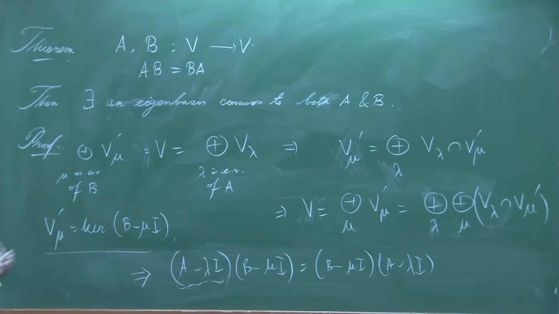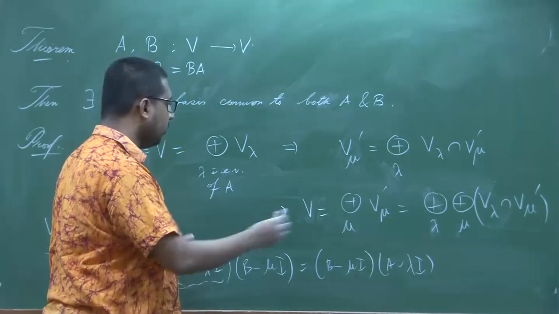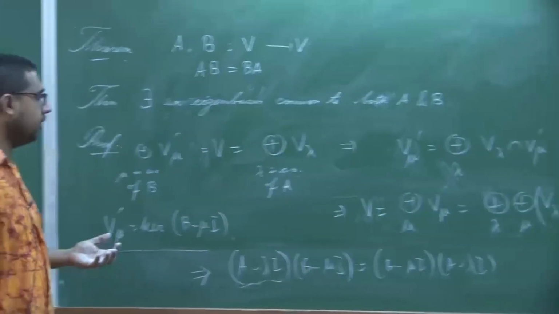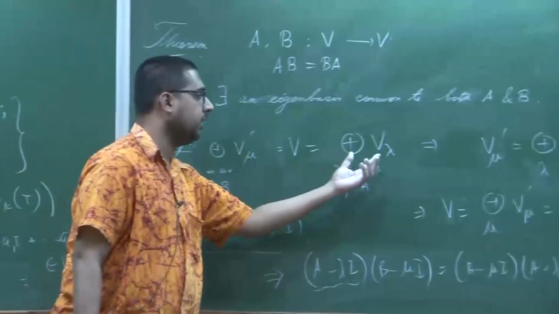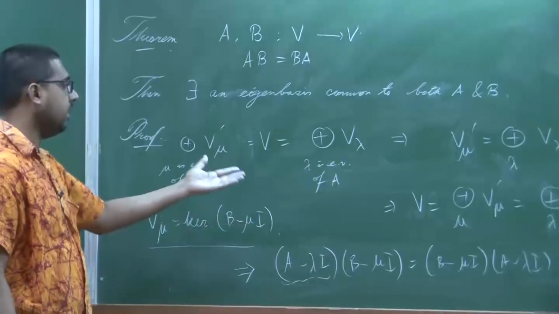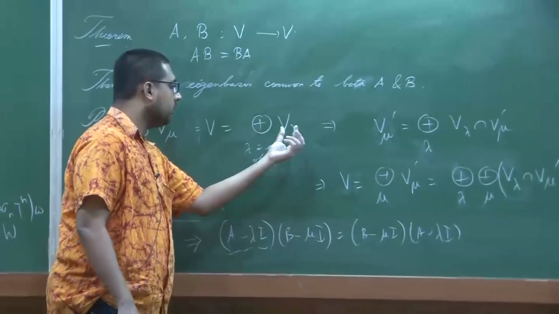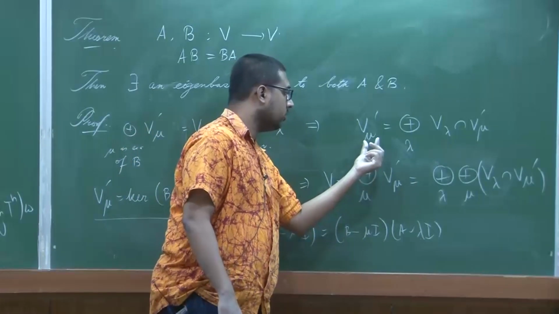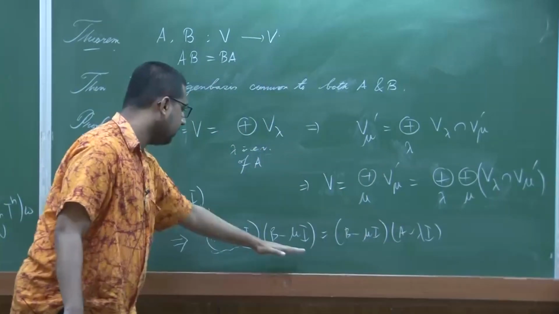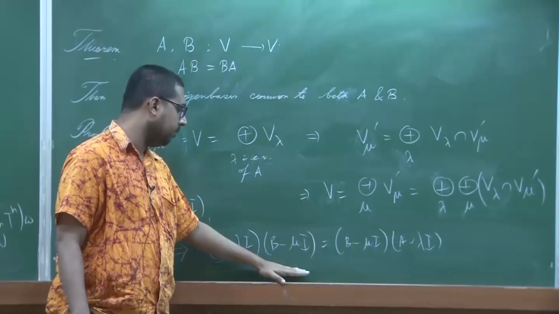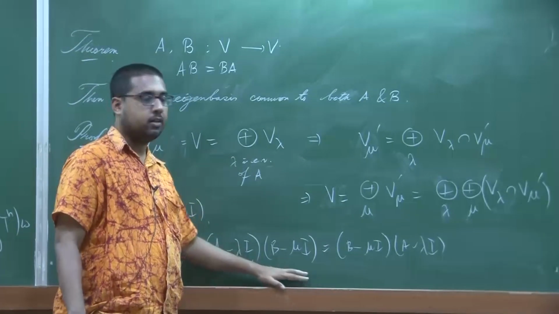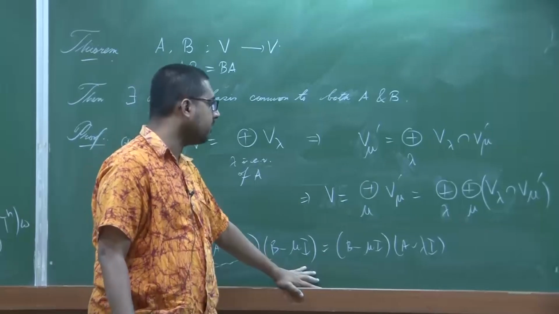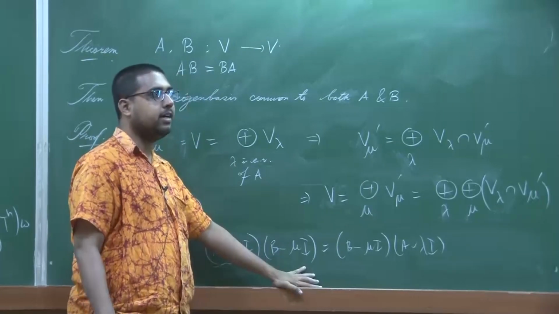So, try to understand the proof. The proof is, in a sense, a very natural one. So, like V mu lambda. Okay. So, this is the kernel of B minus mu I, mu prime I. Okay. So, the kernel of that is certainly invariant under,